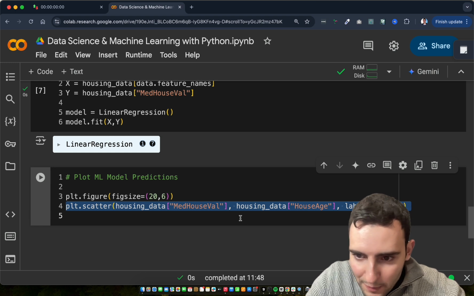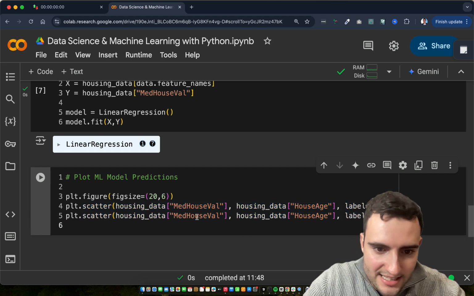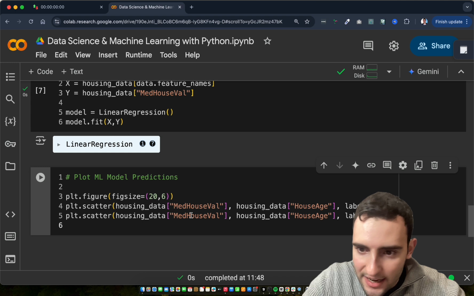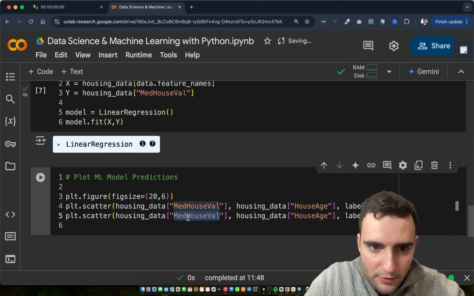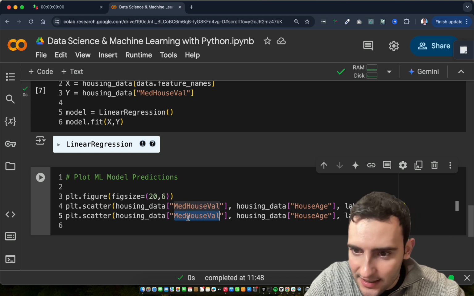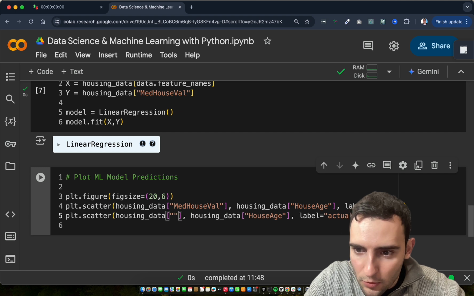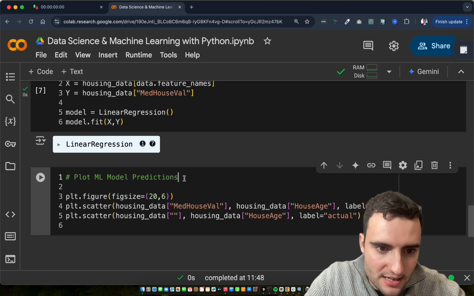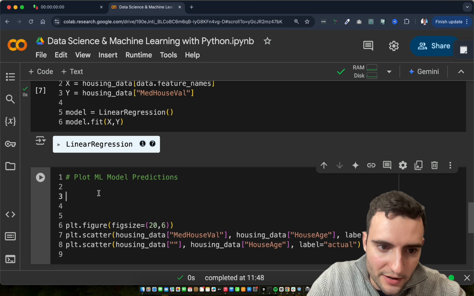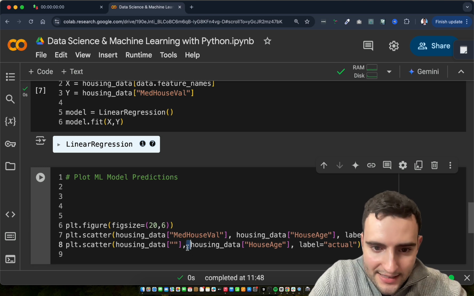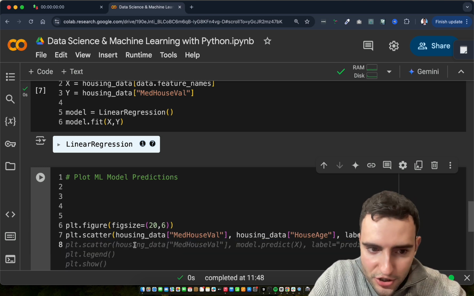Next, we're going to copy paste this line, so exactly the same thing, but instead of the real values, we want to write the predicted values. And so what we're going to have to do is write above this, instead of, well, actually, I'll just show you this. We'll plot this, and we do